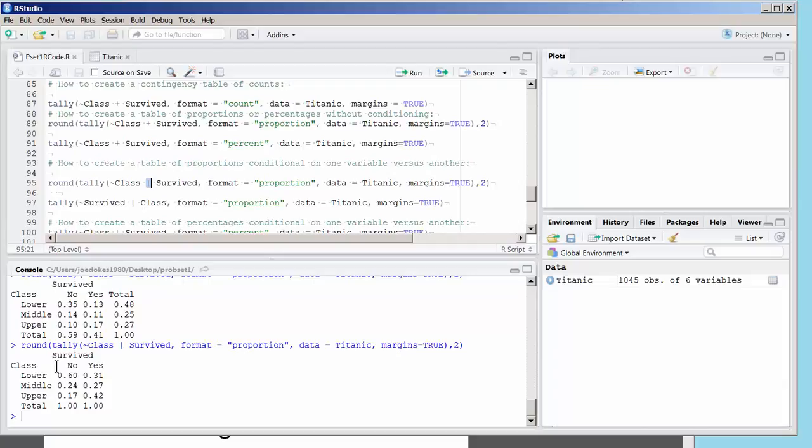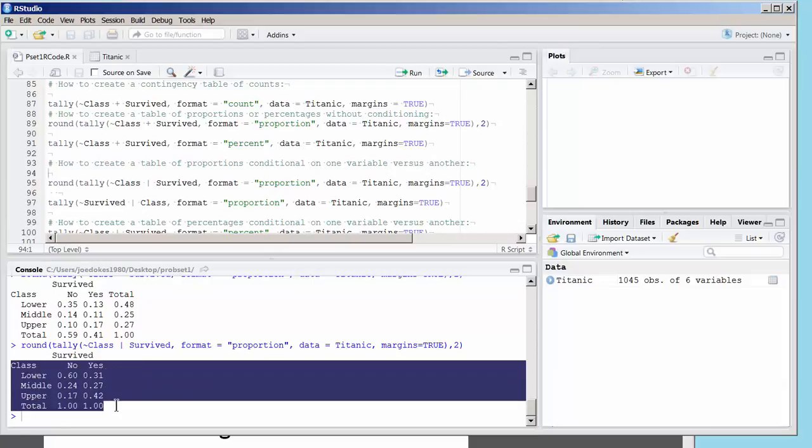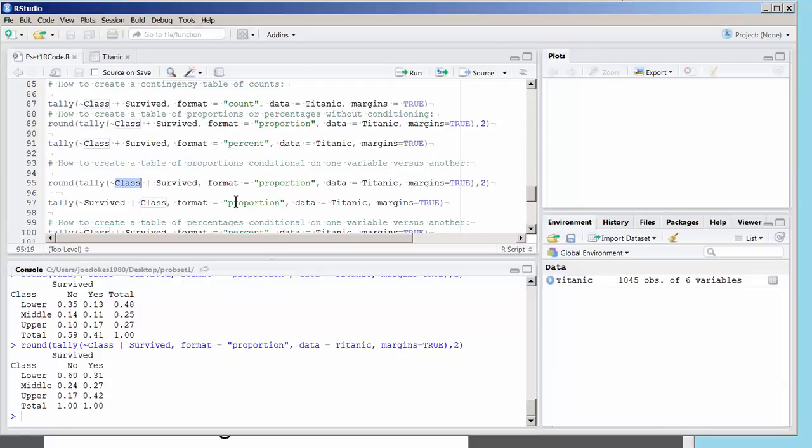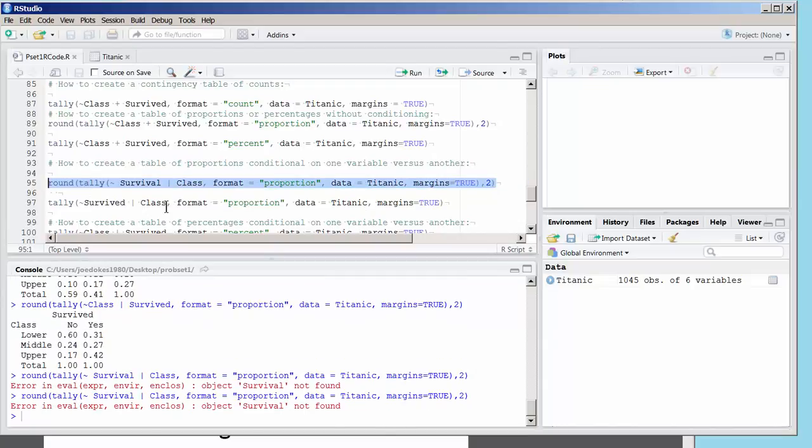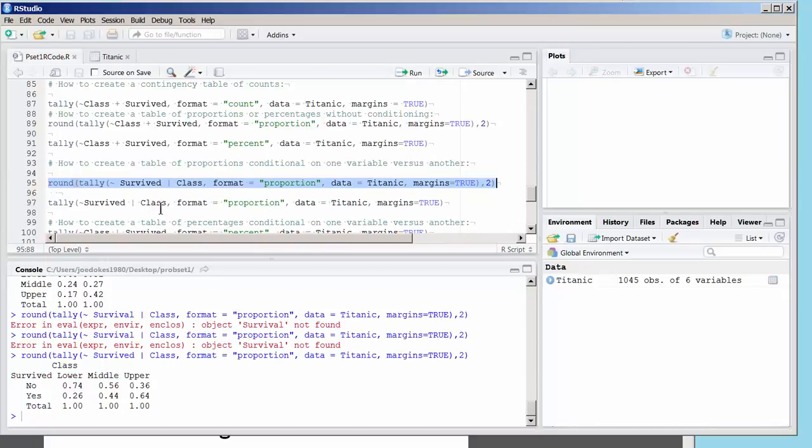What this says actually is that conditional on survival. Actually, let's reverse this. Let's do conditional on class. What is your probability of survival? So we'll use survival as the outcome. What was the error here? We'll have to rerun this and see. See, this is another key element. Survived. You want to make sure you have your variable names correct. So you'll see that